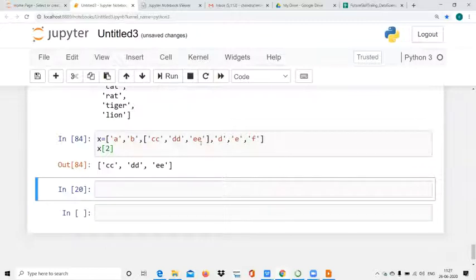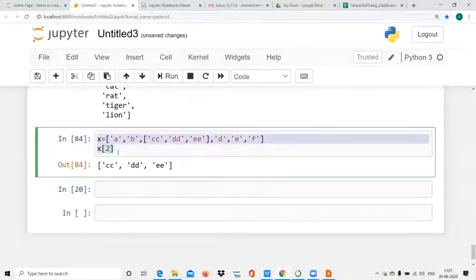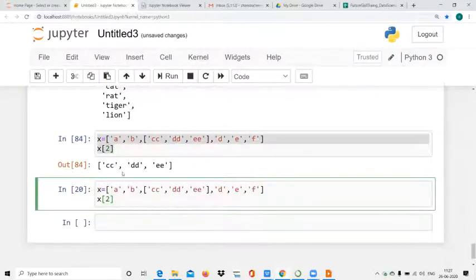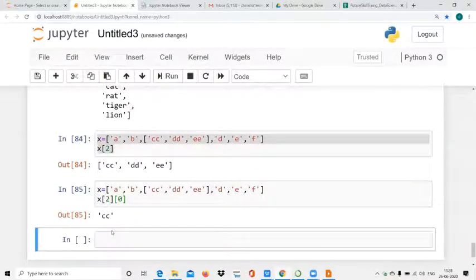So in nesting, suppose I want to access this sublist element. So what will we do? Simply I will add one more dimension, that is 0. x[2][0] means it should print C. So C. Now this way we can access the nested list element.